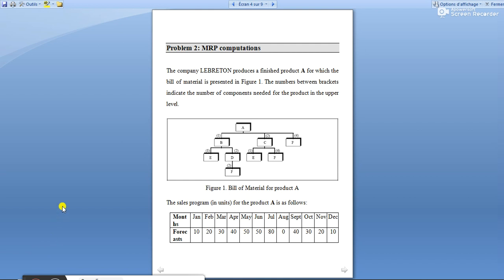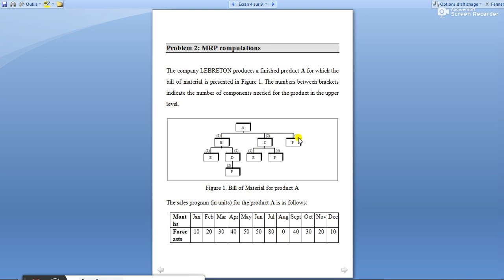I'm not gonna read the entire exercise, but to sum up, you have this company that produces a finished product A, and you are given the bill of materials, which details the components and subcomponents used to make 1 unit of A. The numbers between brackets here are the coefficients of utilization. It means how many units of components are needed to make 1 unit of the product or component in the upper level. So for example, for product A, you need one unit of B, 2 units of C, and 4